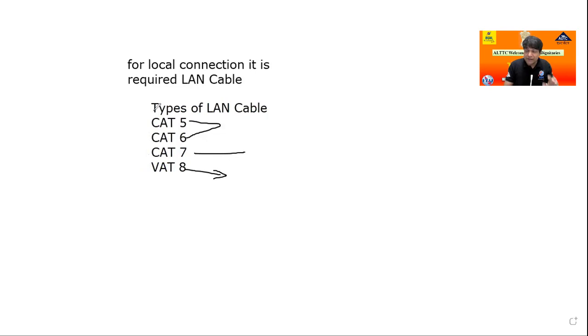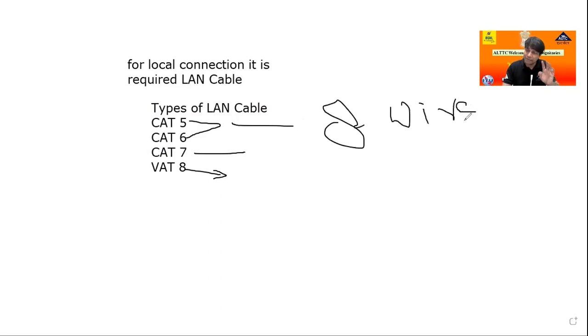You are not able to identify which cable is cat 5, which is cat 6, because all cables have 8 wires.